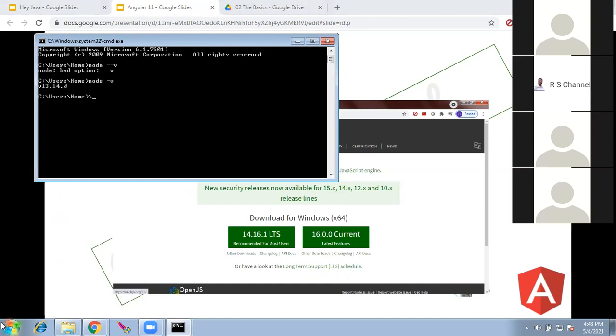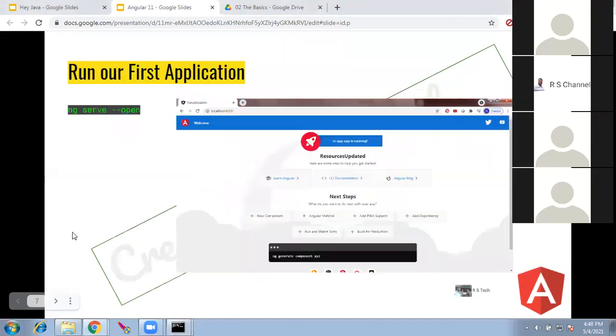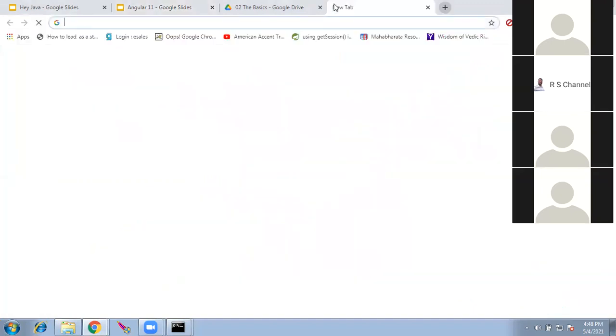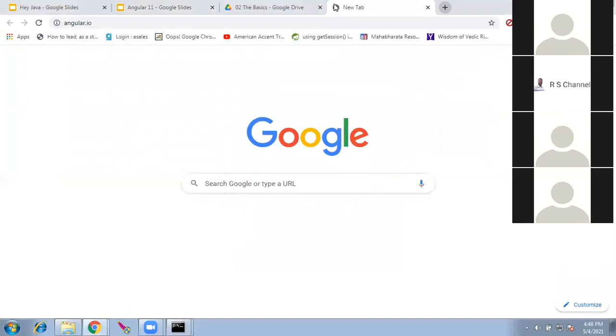Once Node is installed, then we install Angular. The command to install Angular is npm install -g @angular/cli. You need not worry about the command. All you have to do is go to angular.io. You can go to this site